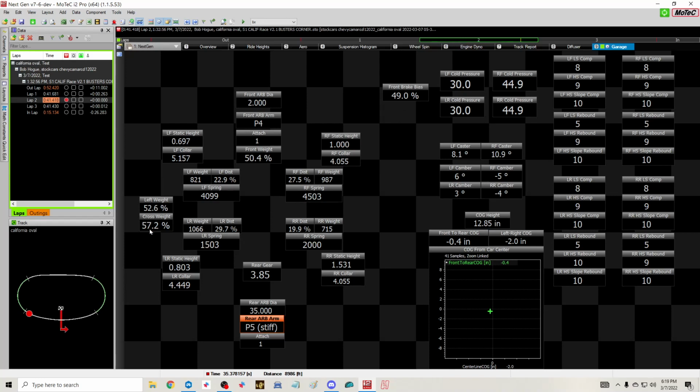My crossfade is 57.2. And then as you get more files loaded, go back and compare them. So this is a 4.8. This is a 14.4. I had a 14.2. What was different? Oh, look, the shocks were different. This had a different gear. Now you can compare your three or four setups to each other on this screen